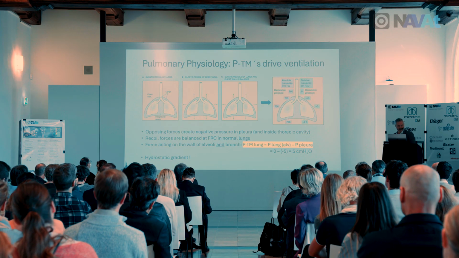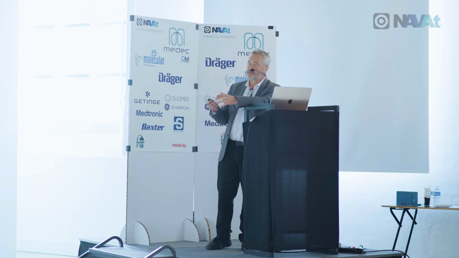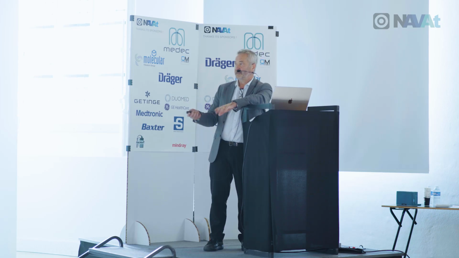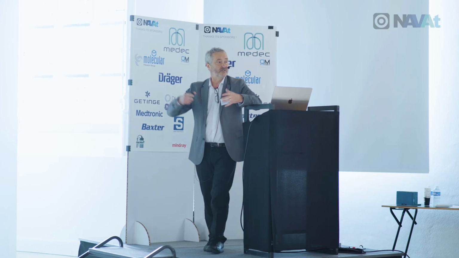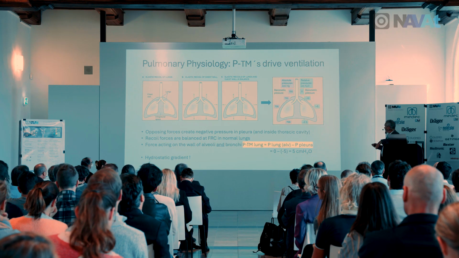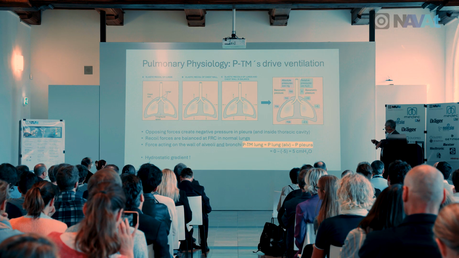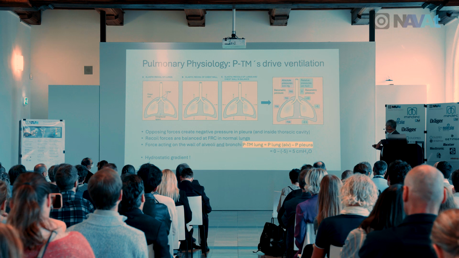Okay, enough of cardiovascular, I had my thing now. Let's move to pulmonary physiology, because there the transmural pressures drive ventilation. This is a basic slide again, illustrating what you all know. The lungs tend to recoil to smaller volumes, while the chest at rest tends to expand. And those opposing forces pull away from each other, hence create a negative pressure in the chest and in the pleura. That negative pressure is here illustrated for an upright position, the negative pressure surrounding the lungs.